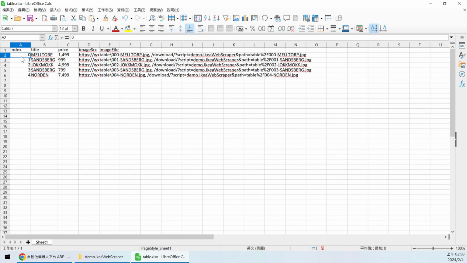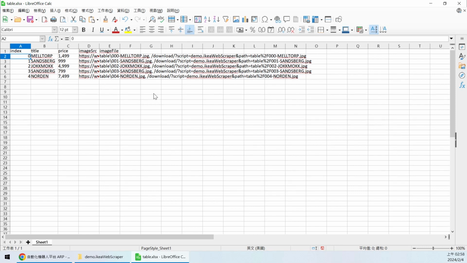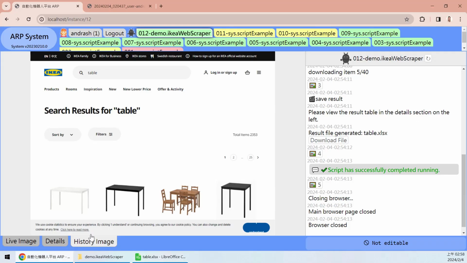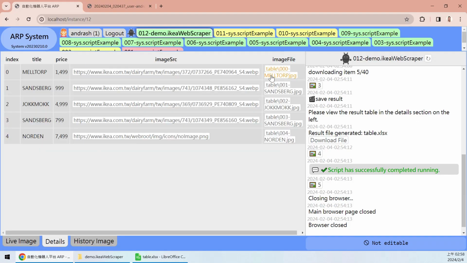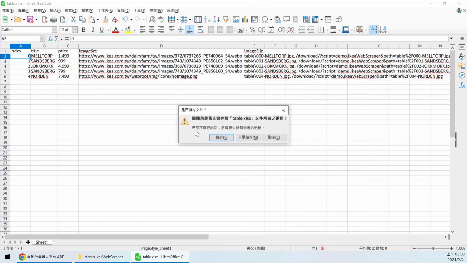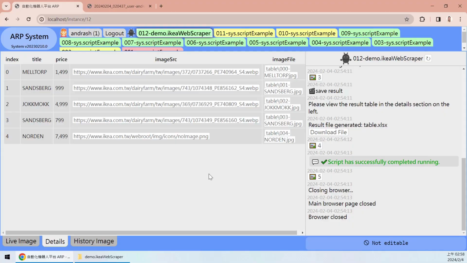So yeah, it is the same thing as what you have seen here on the details section. It is just showing you that you are able to get this in Excel format very easily. You can scrape whatever you want and you can put them in an Excel file